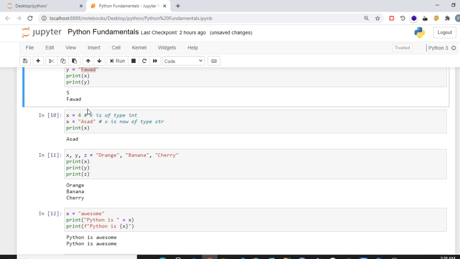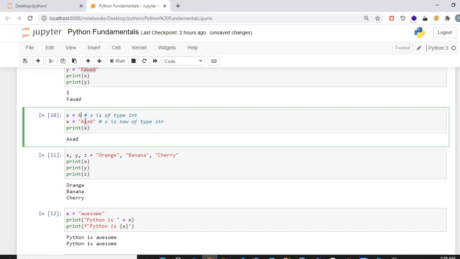You can also change the type of variables at runtime. For example, in the statement on line number 10, I have created a variable x and assigned an integer value. Then on the next line, I assigned a string value to the variable x, and now the type of the variable has changed to string, and you can print it.